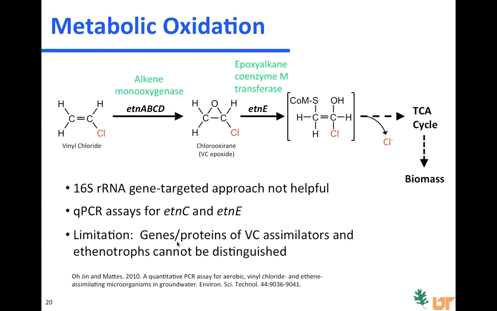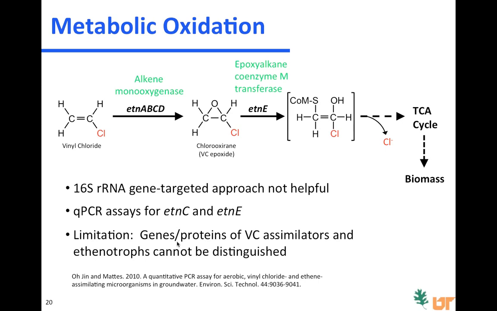So then for the metabolic oxidation process, this is work mostly done by Tim Mattes and his group at the University of Iowa. They demonstrated, and that's not unexpected, that a 16S rRNA gene targeted approach is not helpful. And the reason is that all of these organisms that can grow with vinyl chloride have close relatives with similar or maybe even the same 16S rRNA gene sequence,